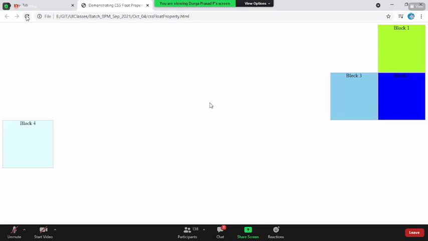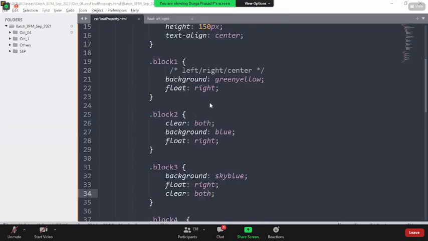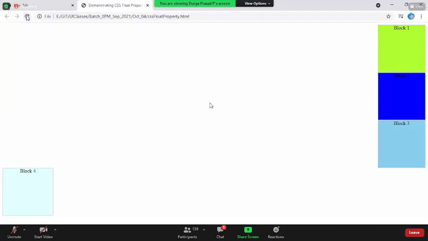Actually, continuous floating elements fall under the same line. Now, what I'm telling that element is, don't follow the previous element's direction. So it feels like there is no previous element. Okay, I'm float right, so I'm getting into the right direction. Now, the third guy, I say you say clear both. Save this, come back here. I'm feeling that I don't have any other element, so I'm falling into the same line.